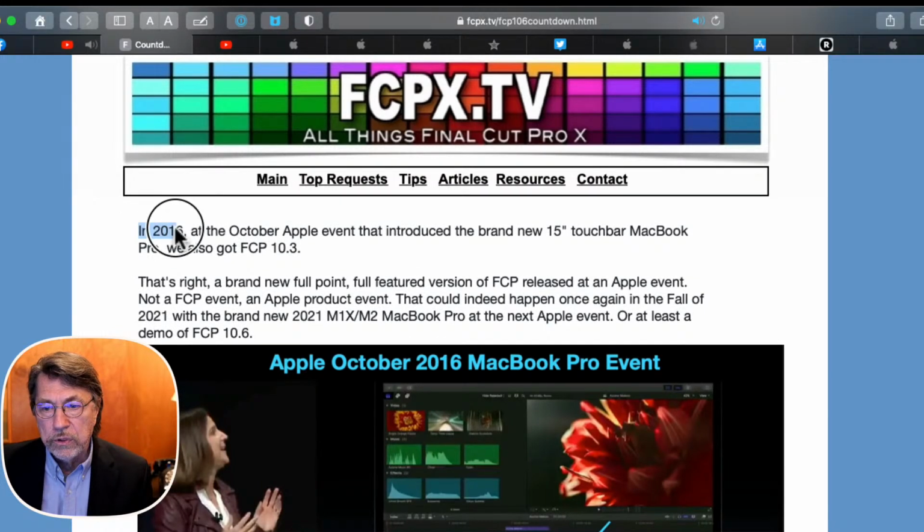In October 2016 at the Apple event that introduced a brand new 15-inch MacBook Pro, we also got Final Cut Pro 10.3. Brand new full point update to Final Cut Pro in October at an Apple event for the new MacBook Pro. They did the exact same thing this time.